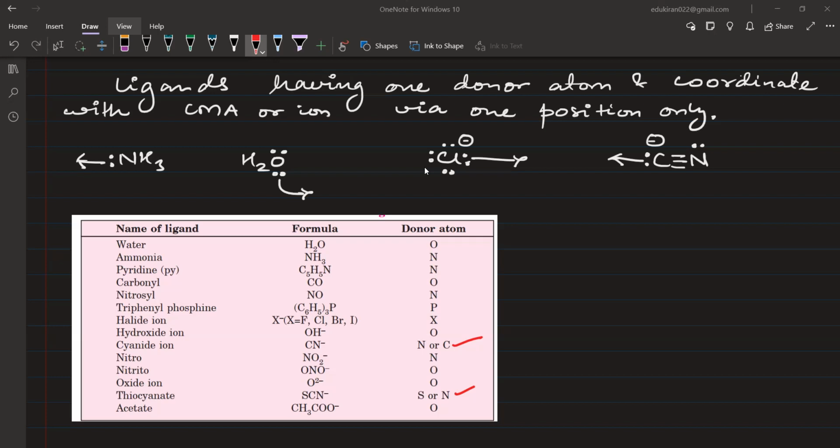These things are important when you are going to calculate the coordination number, okay? So this list is important for coordination number, because if you have a monodentate ligand, it can only form one coordinate bond. If you have bidentate, it can form two coordinate bonds. If it is polydentate, then it can form more than two, it could be 3, it could be 4, okay.